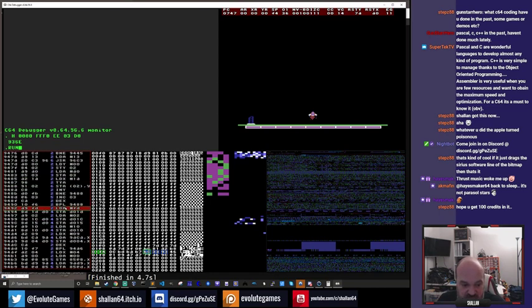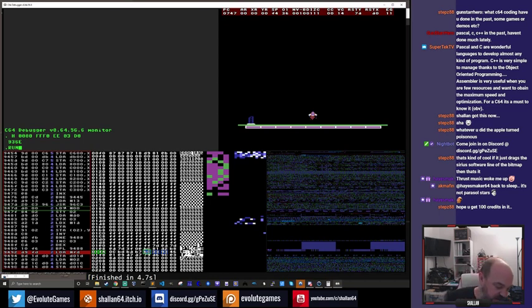I've completely forgot where it was we wanted to jump to. Was it this location? Oh, that's right. It was here, wasn't it? 947D. And 947C is what should be in the stack at that point. Okay. So what we're going to do...